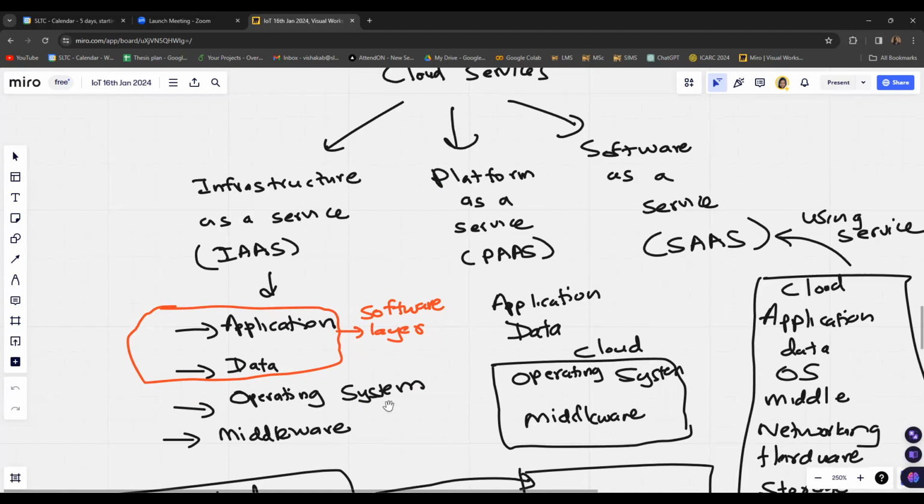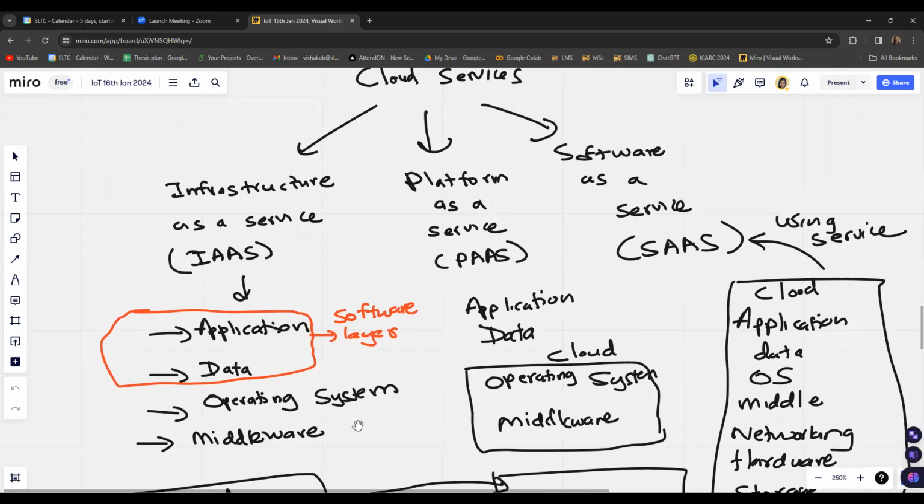Based on your company's services, you might need to access other softwares that are available in other cloud servers, maybe, and in other locations in the network. Then you might need this middleware software to access services which are available in other parts of the network.